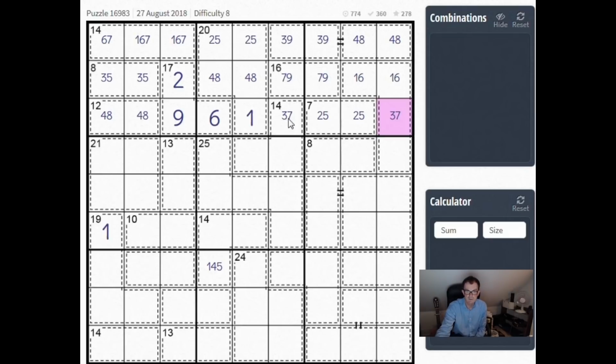What can we do now? Well, this 3, 7, we know that this and this add up to 8, so I can remove the 4 now. This is a 1 or a 5, but I don't think I can tell which yet. Well,